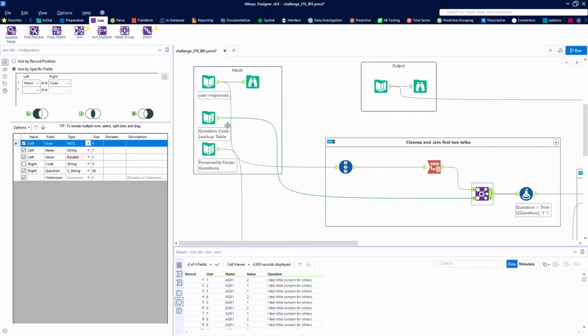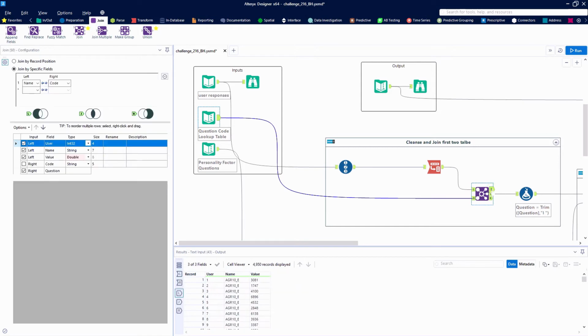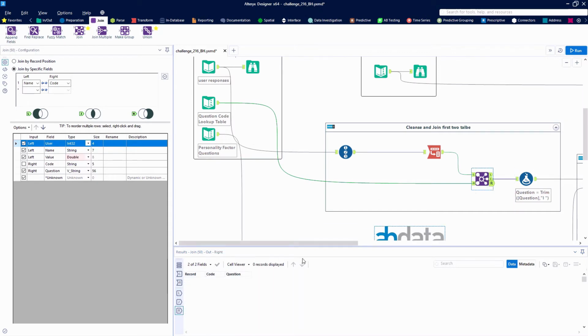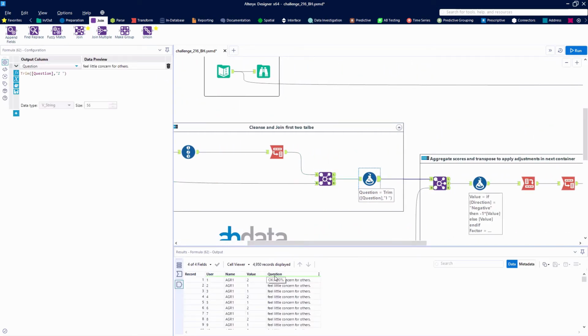And then I'm going to join that against our question code lookup table just to match the codes to the questions and get those set up. I'll see that I have these ones that have the underscore E falling out of the left side of the join. I actually don't even know what that data means. I just know that it doesn't match up, and so I'm not worried about it because it's not included in my lookup table. I do want to trim off that I space from the beginning of the question like I mentioned earlier